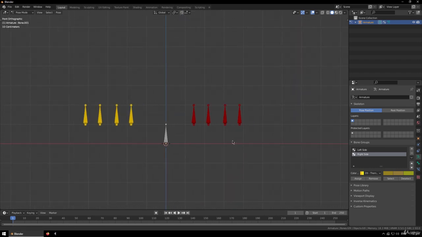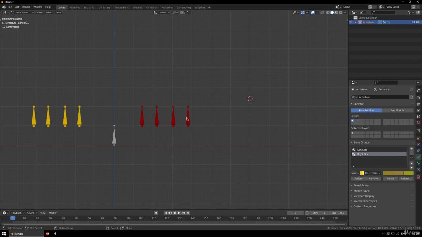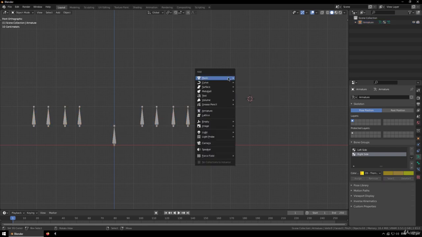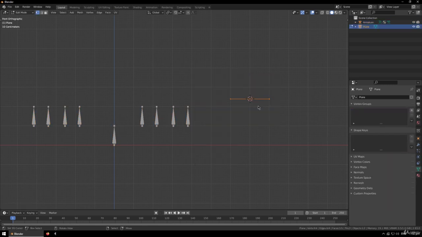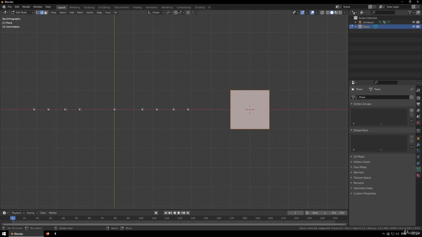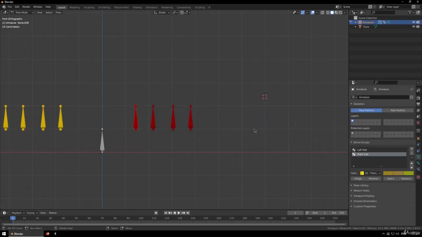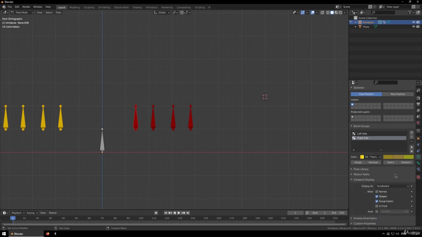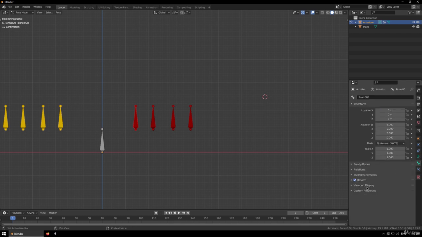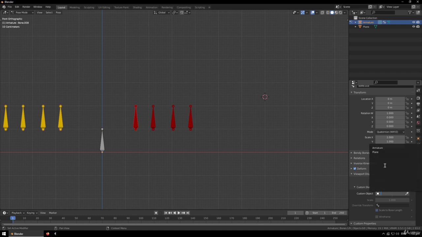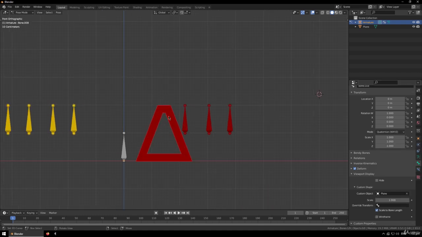They do work with custom shapes as well, so if I just set one up here quickly, I just add a new plane, I don't need to rotate it as per the previous lecture, I just create a little triangle, inset it, and just delete the centre, like that. So let's go back into front view, click on the bone in question, go to the bone settings panel, click on viewport display and then set the custom object we've just created. And then as you can see there,